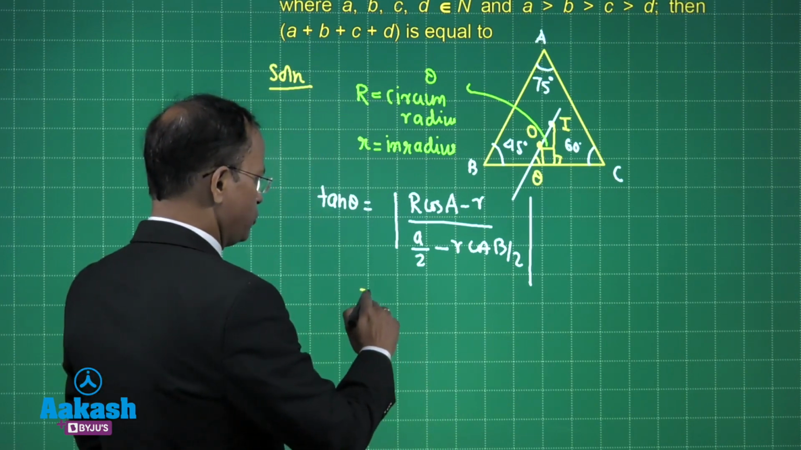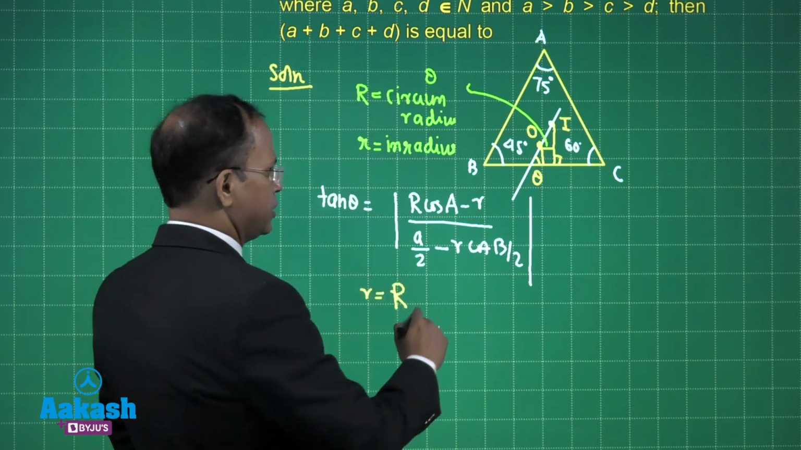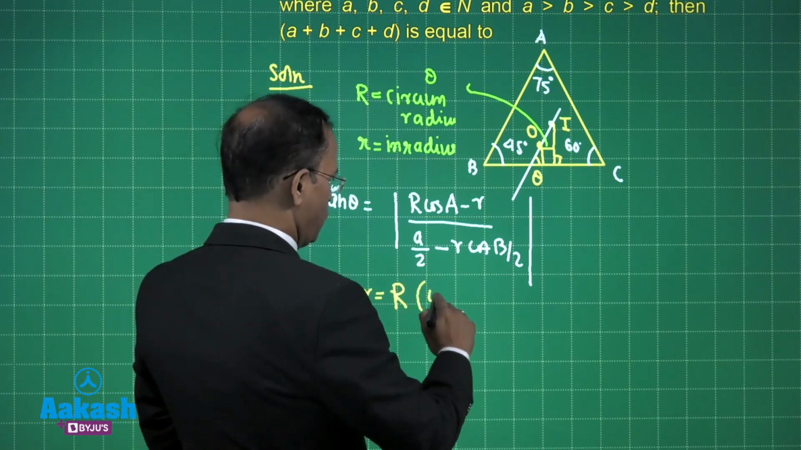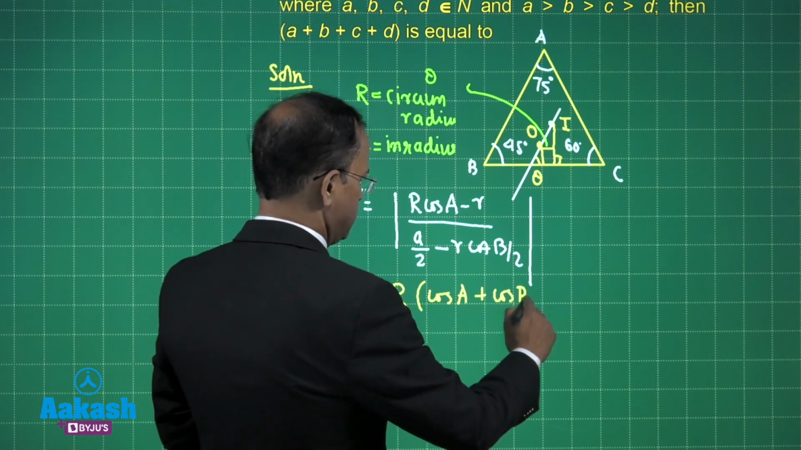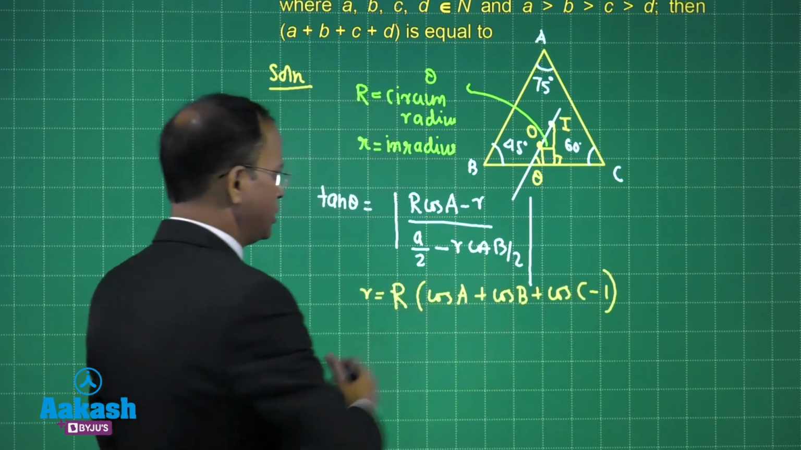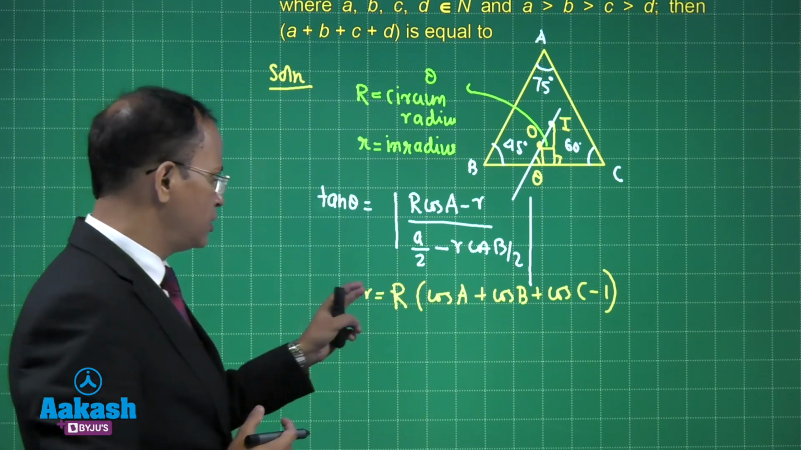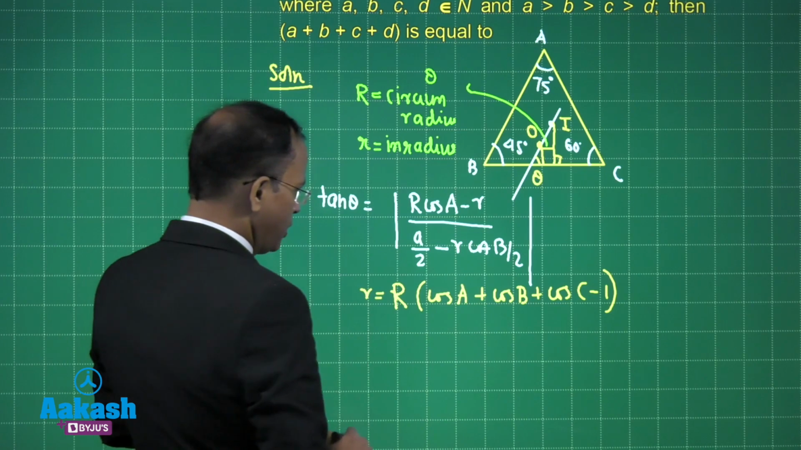So, r is going to be how much? This is going to be capital R, then we have cos A plus cos B plus cos C, and this is minus 1. So, this is the relation we have; in place of r we can write this, small r. Then we have